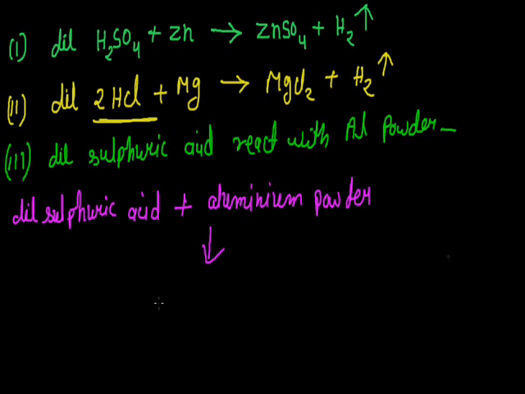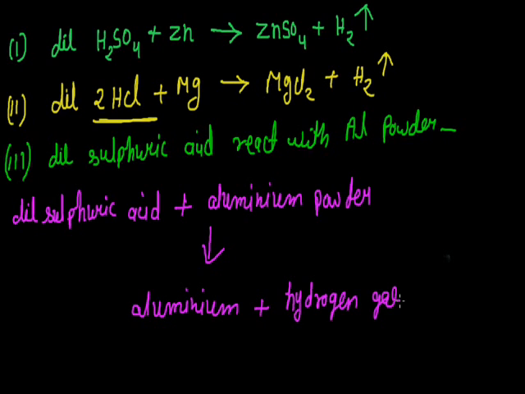After the reaction, it gives aluminum sulfate plus hydrogen gas. Now for the balanced reaction of this change: dilute sulfuric acid means dilute H2SO4. When it reacts with aluminum powder, that is Al, after the reaction it gives